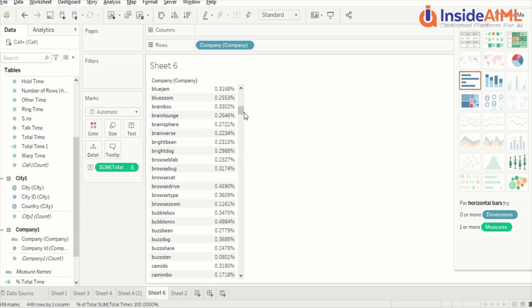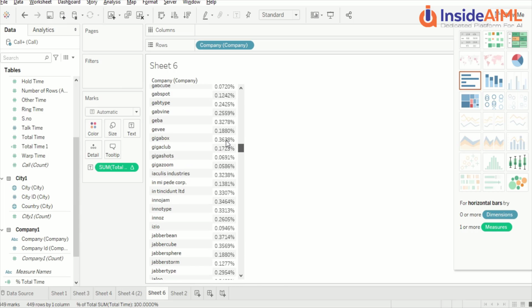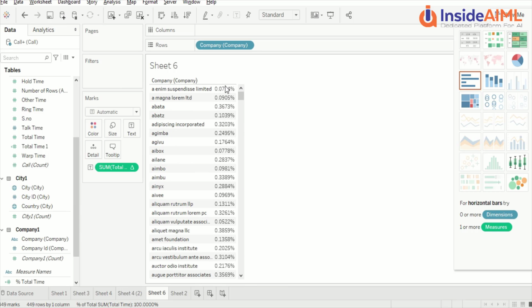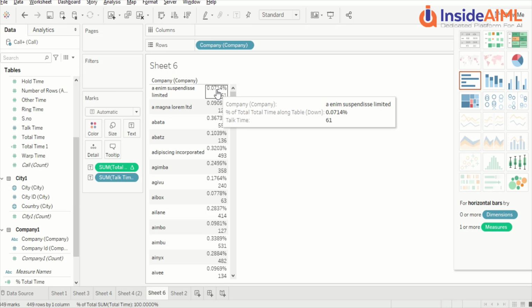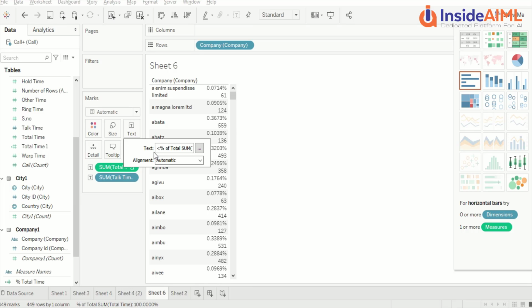Okay, so it's available with us. Similarly I go to the talk time and drag it here. Now I know this is some talk time in this one. In the label I still see talk time and percentage of total because both of them are available. If it is not available, I can go and make that particular label also percentage of total. That's also a possibility we have. And these labels are editable.